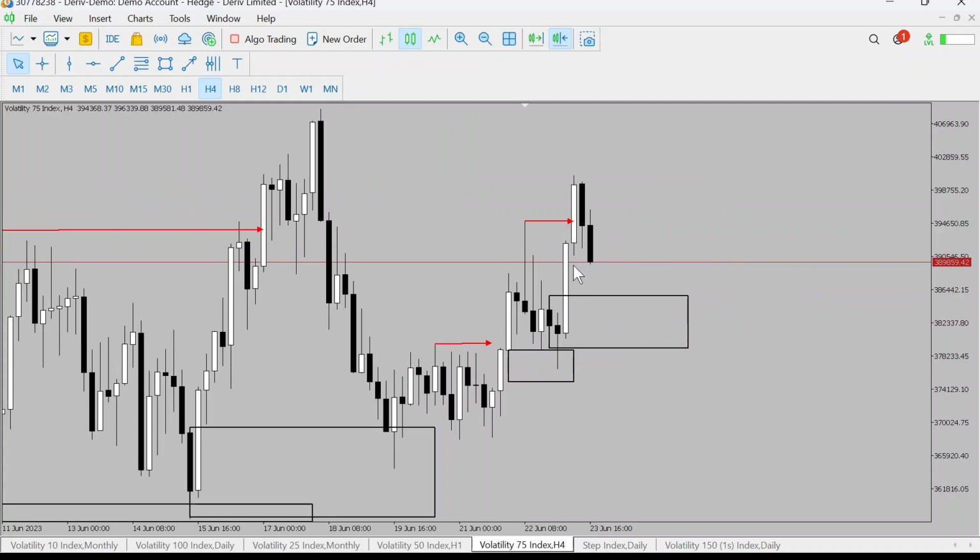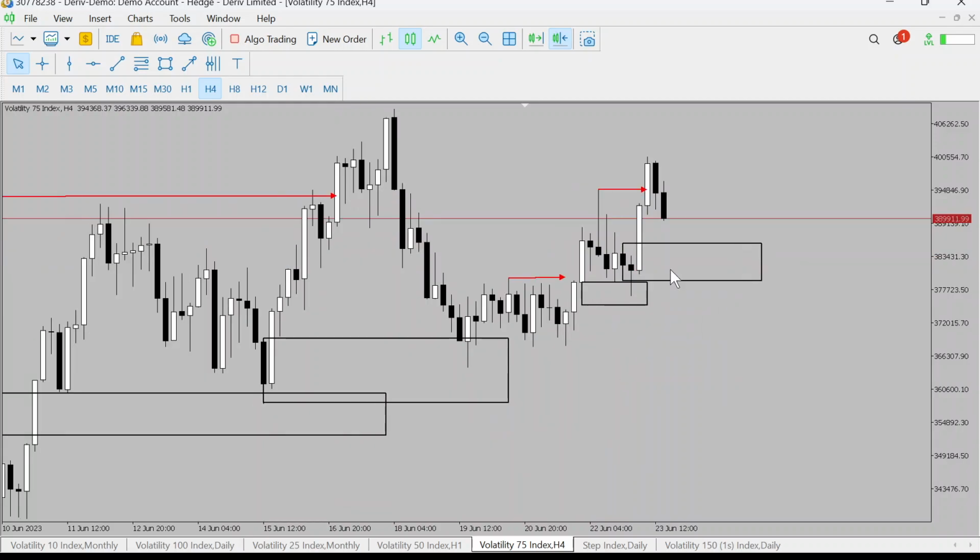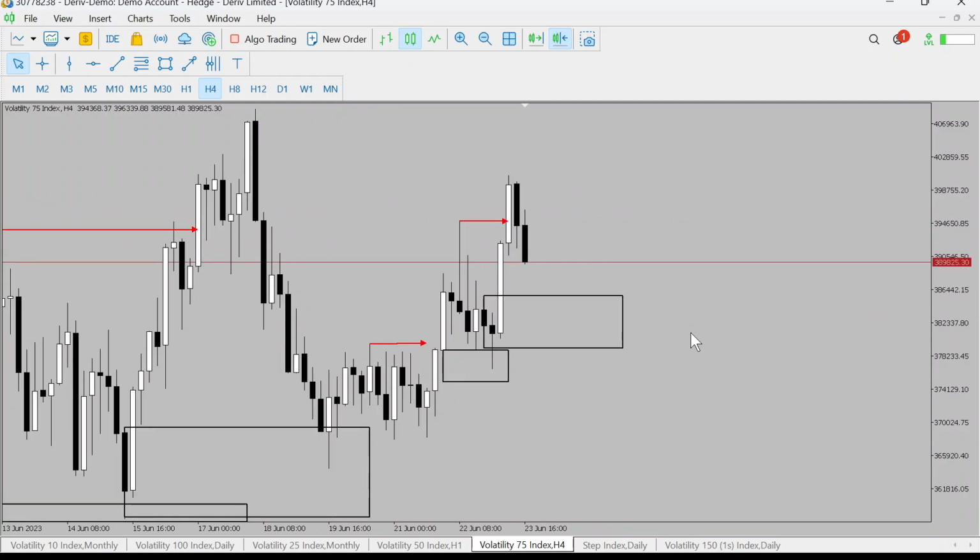Okay, but we shouldn't also disregard the fair value gap. We have a fair value gap there. So I'll be waiting for price around here. And I would like the 1 hour to support the bullish idea that I have. Okay, so if price is able to get there and give me something on the 1 hour for a bullish